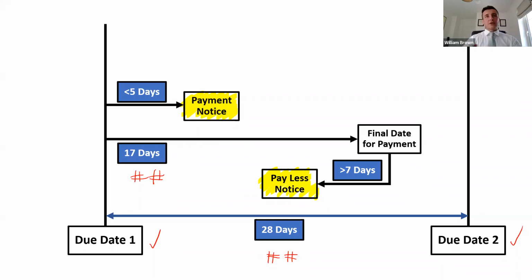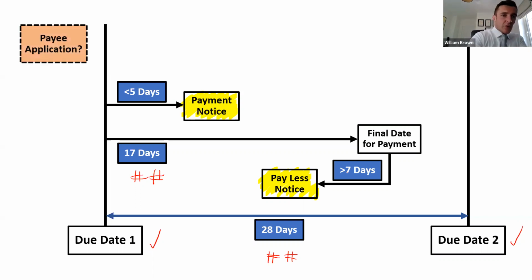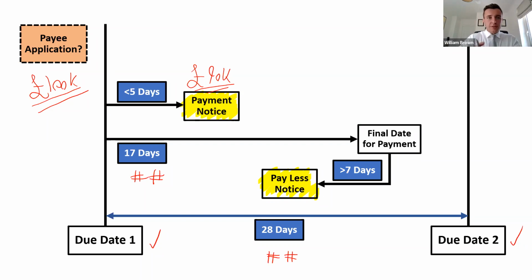If I'm a contractor or a subcontractor and I put in an application for payment of £100,000. The payment notice is the first bite of the cherry for the payer, the person making the payment, to tell me how much I'm due. And they might decide, you know what, we've looked at your application for payment, we've done a measurement on the site, and you've actually only done 90k's worth of work, and that's how much we're going to pay you. And that's the point of a payment notice. And it must come within 5 days of each due date. Again, that's the default time frame that you have to stick to.